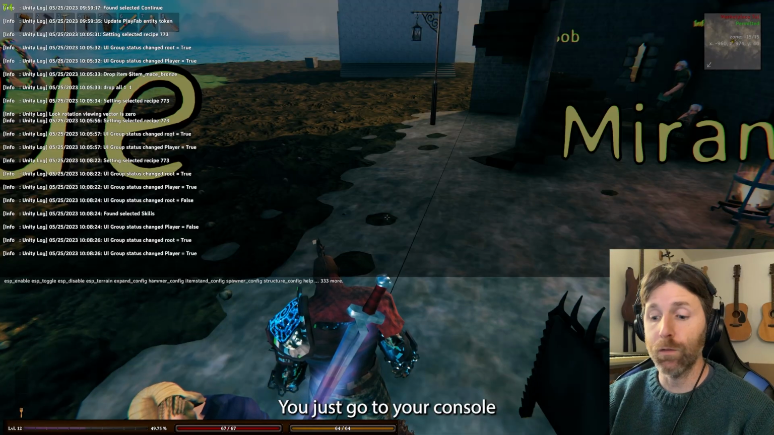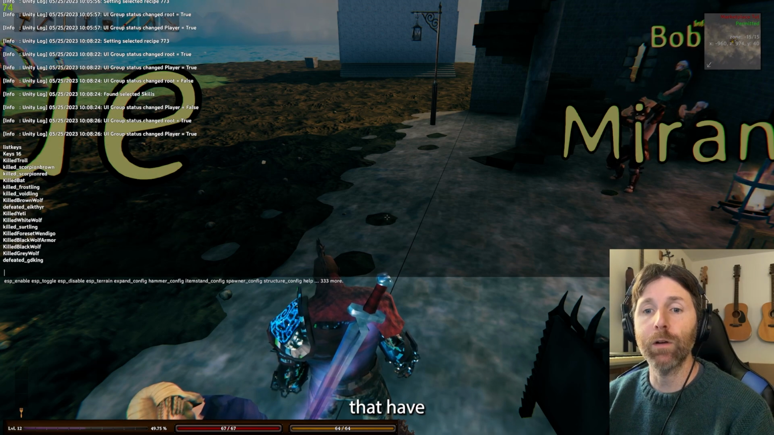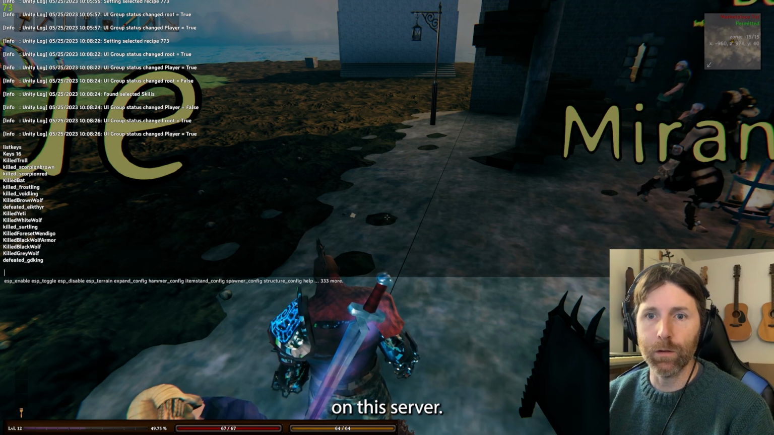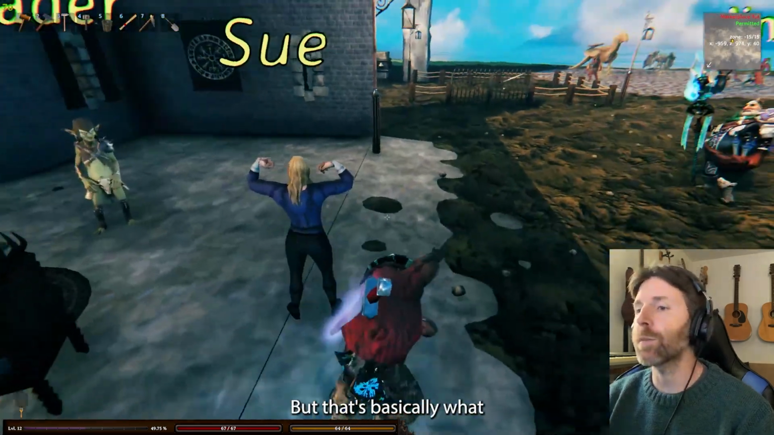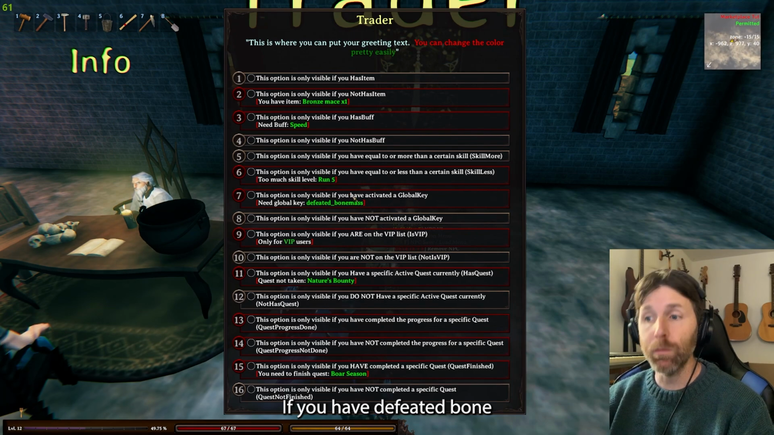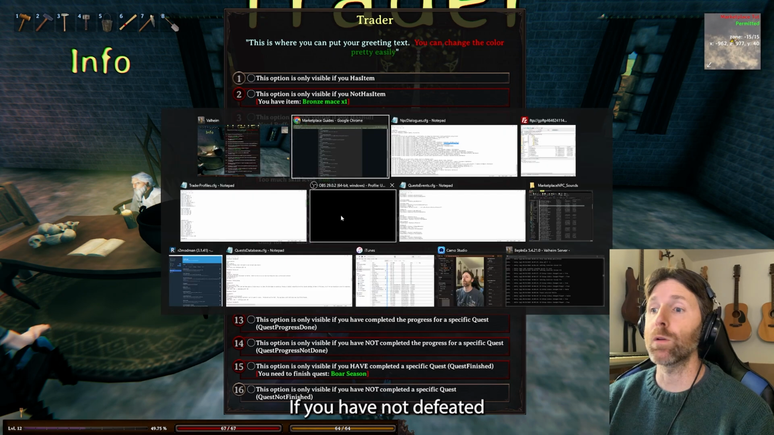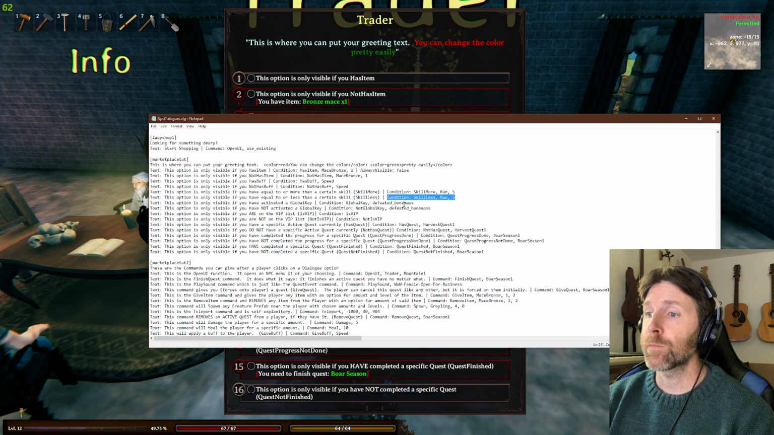You just go to your console and type in list keys, and those are the 16 keys that have already been activated on this server. Now I can reset them or whatever, but that's basically what this is checking for. If you have defeated Bone Mass, then this option will be available. If you have not defeated Bone Mass, and here,